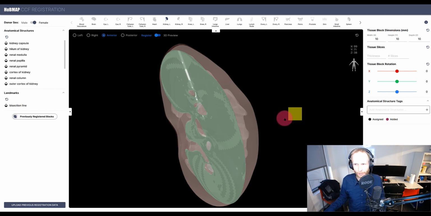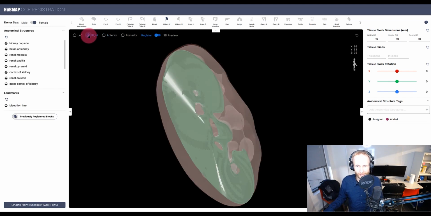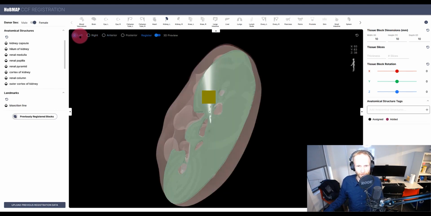Okay, so currently we are moving the block along the X and Y axis. You can see the coordinates of the block. Those are the coordinates of the block. Going up and down, left and right, you can see that the z-axis is static. Okay. Now, if I switch to the right side, let's go to the left so we can actually see it, and I move it around now, you will see that the x-axis is now static because we're moving it along the z-axis and along the y-axis.